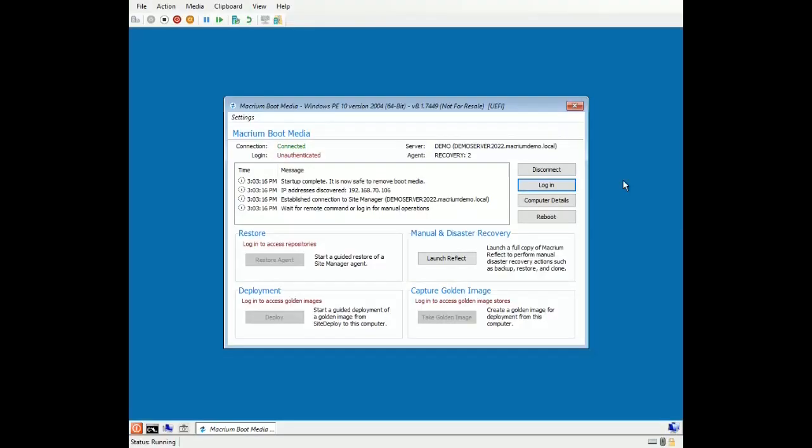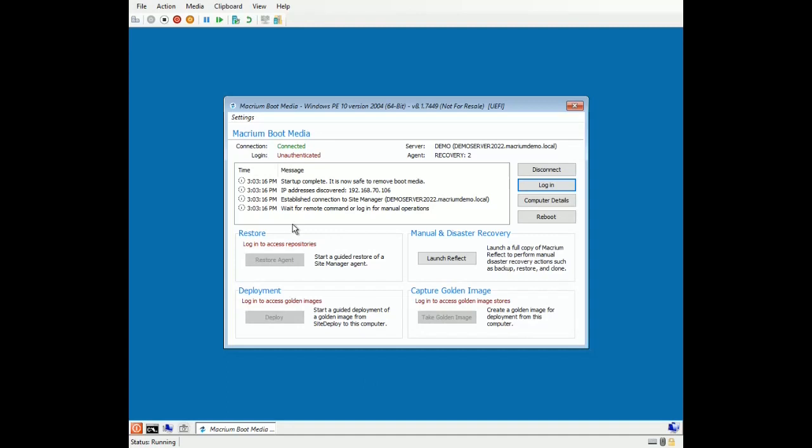Taking a gold image is relatively easy. All we need to do is prepare the system using Microsoft Sysprep. Once we're finished adding in our software in audit mode, we'll select Generalize, Shut Down, and the out-of-box experience, and we'll shut down the computer. We reboot the computer using either network boot or USB to get us into the intelligent agent, as you